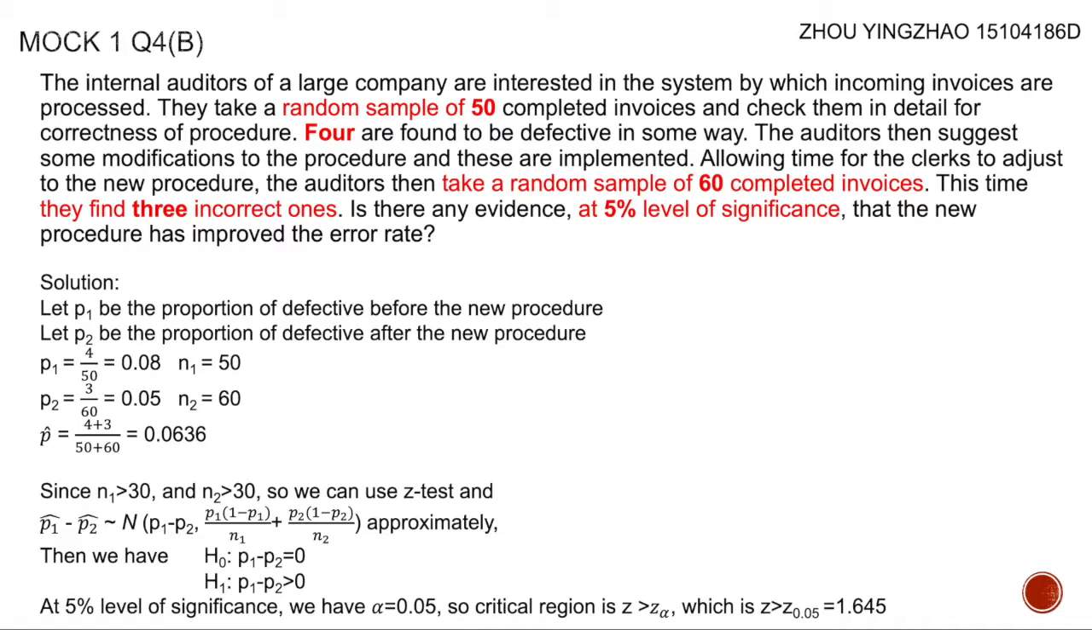Let P1 be the proportion of the defective before the new procedure, and let P2 be the proportion of the defective after the new procedure. So N1 we have 50 and N2 we know is 60. So the P1 is 4 divided by 50, which is 0.08, and also we have P2, 0.05. And also we have the P hat, which is 0.0636. So since N1 is greater than 30 and N2 is greater than 30 as well, we can use the z-test,